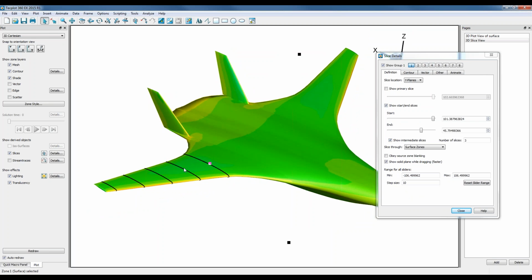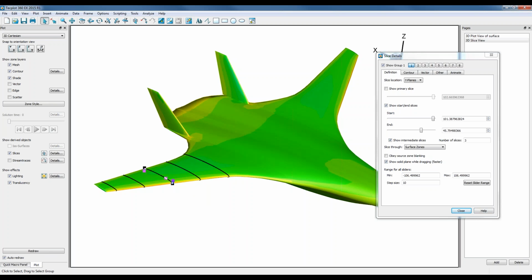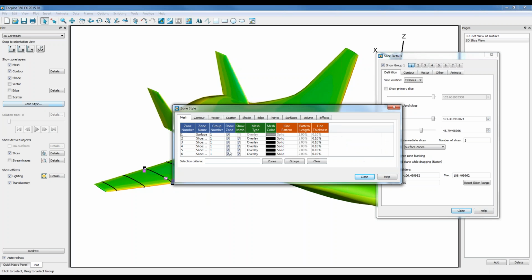Or perhaps more conveniently, if you select one of the slices and right-click on the actual slice group, it tells you slice group 1, and you can do a hide or extract. So in this case, ultimately, you want to extract. If I hit extract, it's going to extract all the slices. If I go to design styles now, you'll see that we have slices from y equal 101 nominally to about